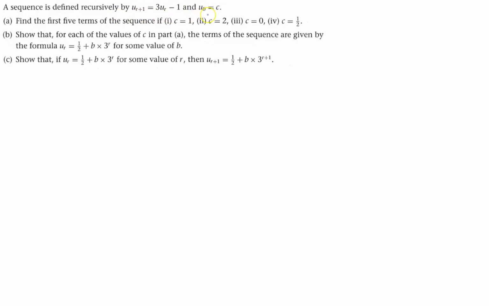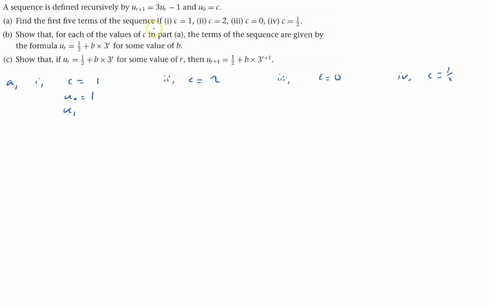Sequence defined like so. Part A, find the first 5 terms if, first off, C equals 1, then I'll do C equals 2, C equals 0, and finally C equals a half. So the first one's U0 is C, so here U0 equals 1, and then U1, I've got to do 3